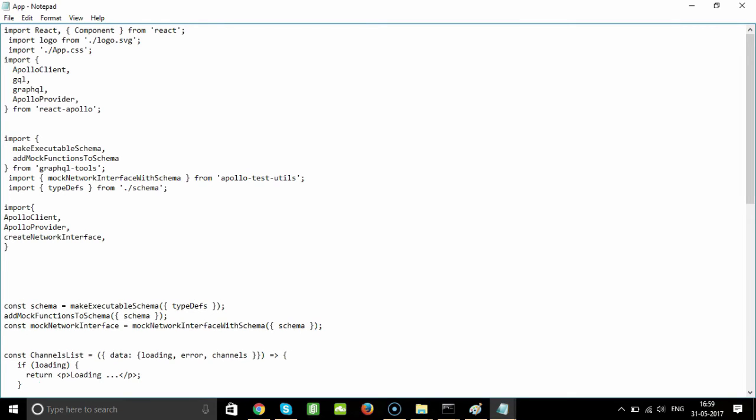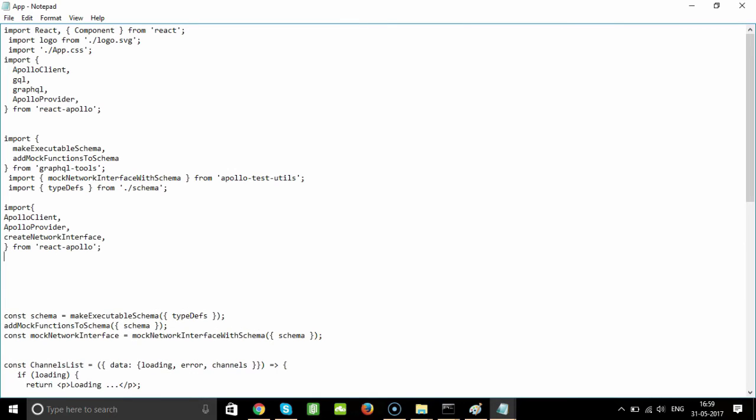So you got to specify from, the location is react-apollo, and then close this,